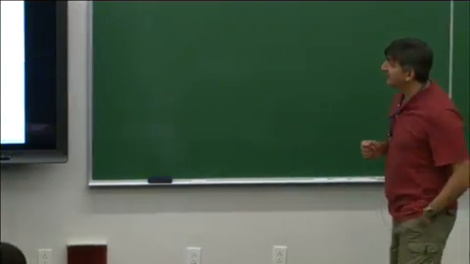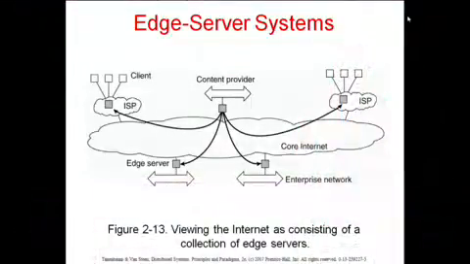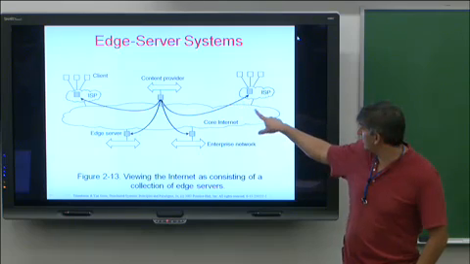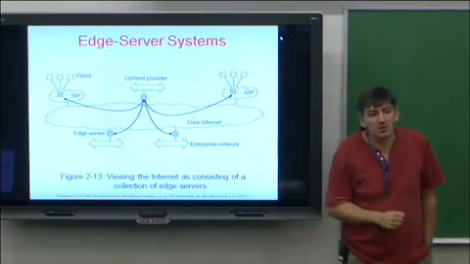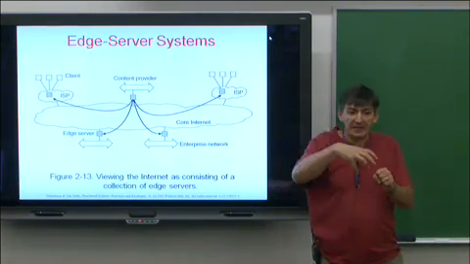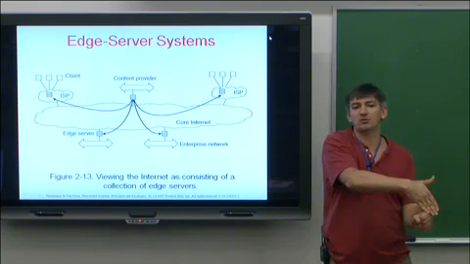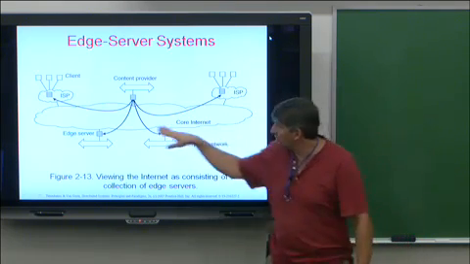Another one is this idea of edge servers, edge server systems. Okay? So when we think about we have clients and servers, even if you have the traditional architecture, right? The problem is the server can be on the other side of the planet, and then you have large latencies and whatnot. And a particular idea, this is what Akamai does, I threw it up in the air in the introduction, was to place servers much closer to where the client is, in particular at the ISP, right? Now, those kind of servers are called edge servers, right? Because they really live close to your actual connection to the internet. You don't then have to traverse the internet.